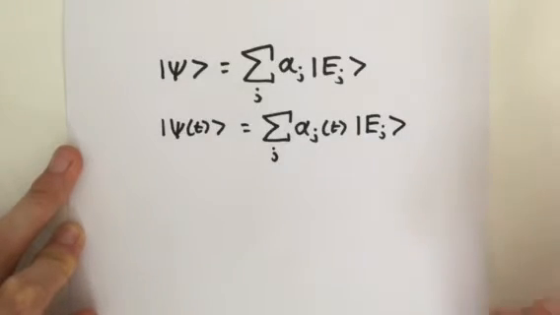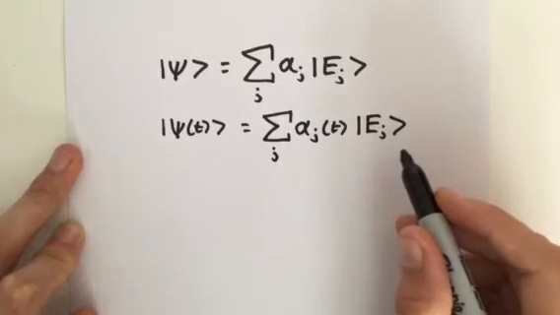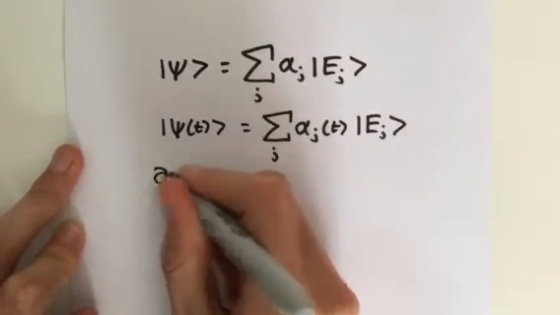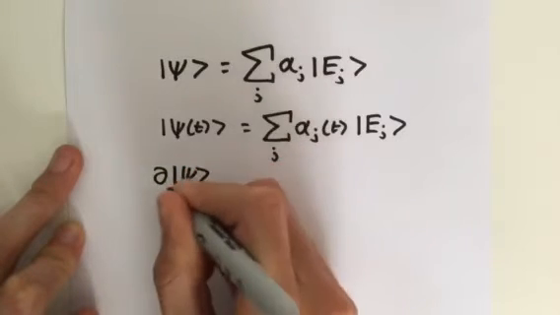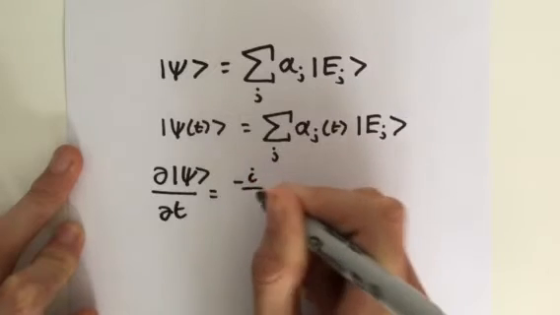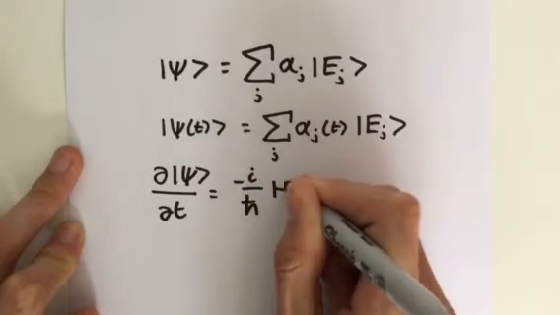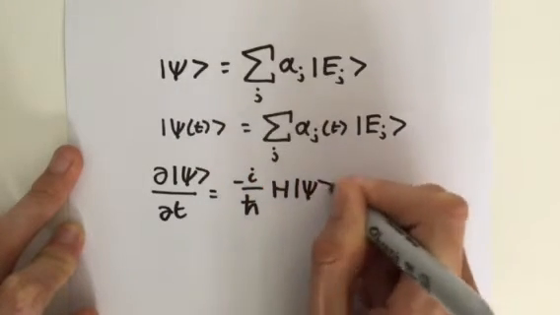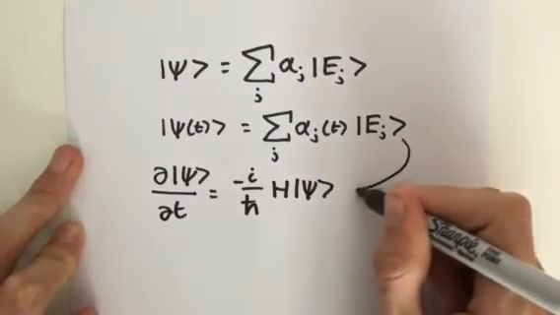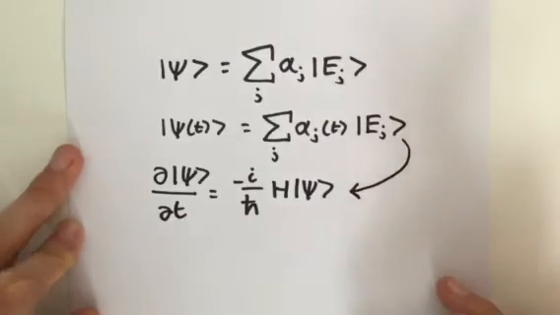Right, so if we feed this equation into the time-dependent Schrödinger equation, I'll remind you what it is. We have the partial derivative with respect to time, and it's equal to minus i over h bar times H times psi. That is the time-dependent Schrödinger equation. So if you just feed this equation into this one,